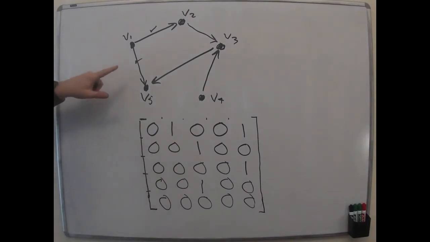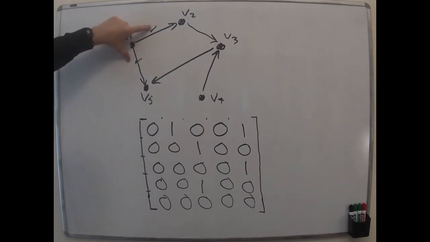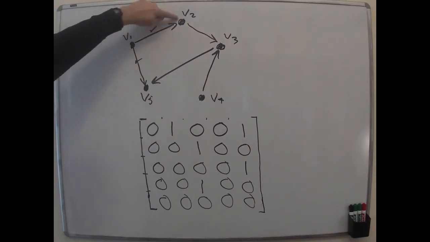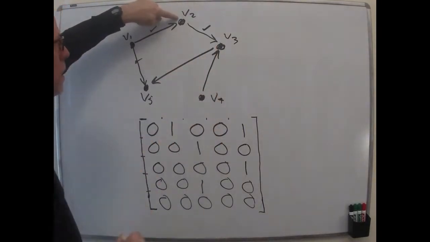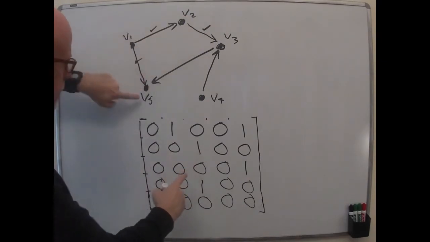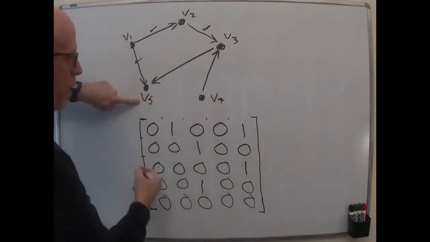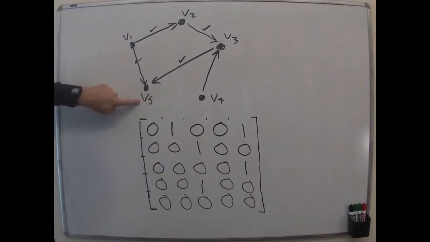All right, I started to check off what things have been said, but there's 3 edges in here that I didn't mark. So we took care of row 1. That was all the edges that leave V1. V2 has this 1 in the 3rd position. That's dealt with. V3 has a 1 in the 5th position because there's an edge from 3 to 5. So that one's dealt with. And the last one should be this,